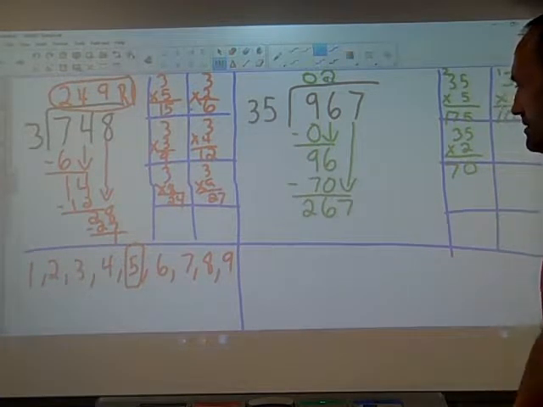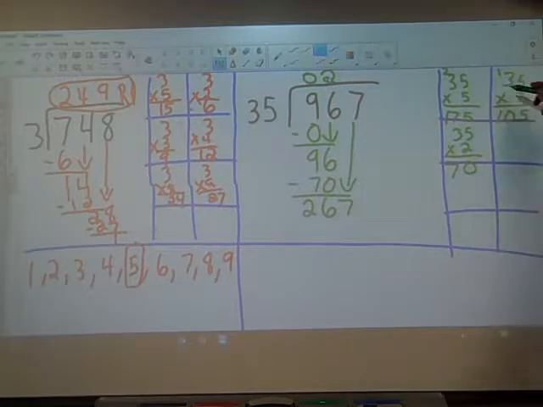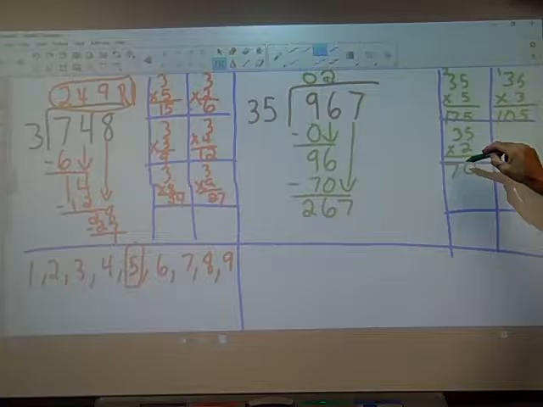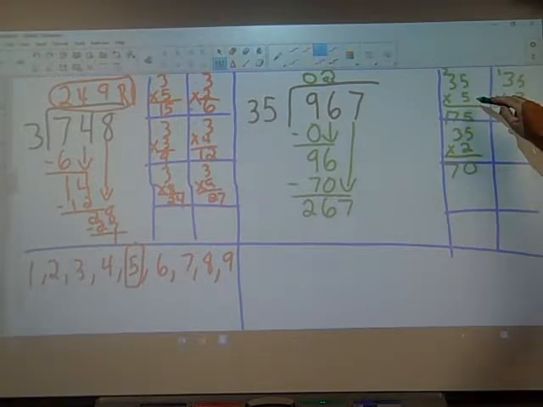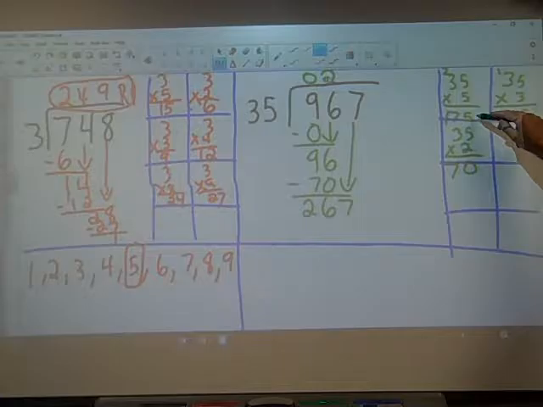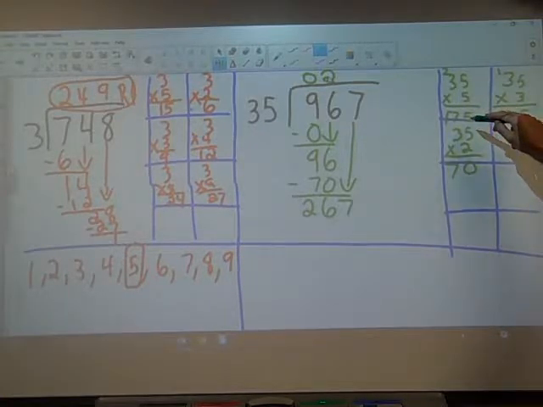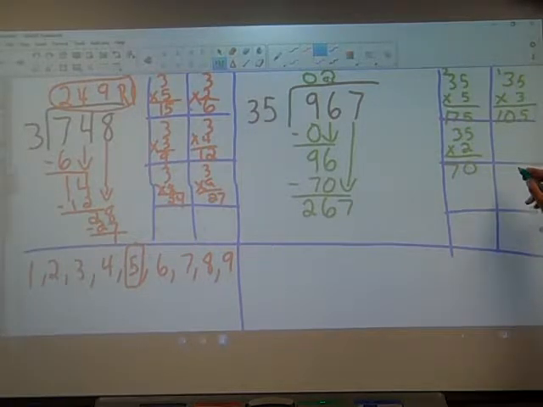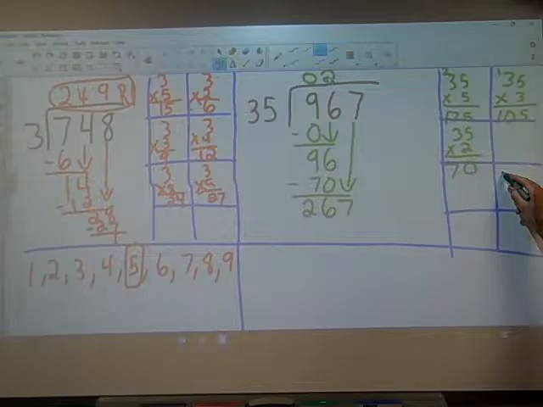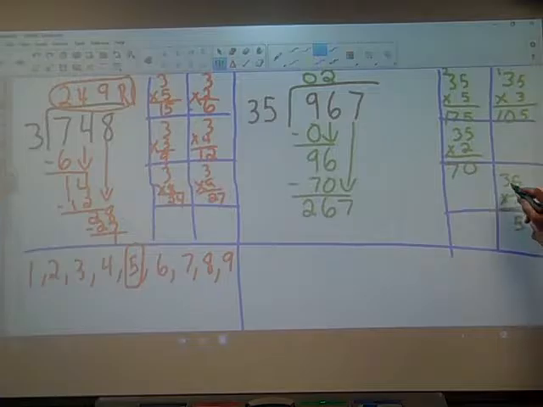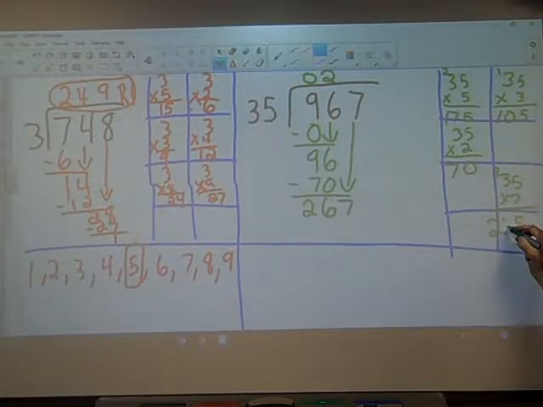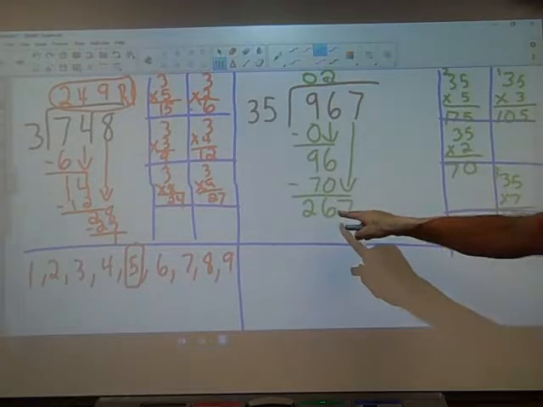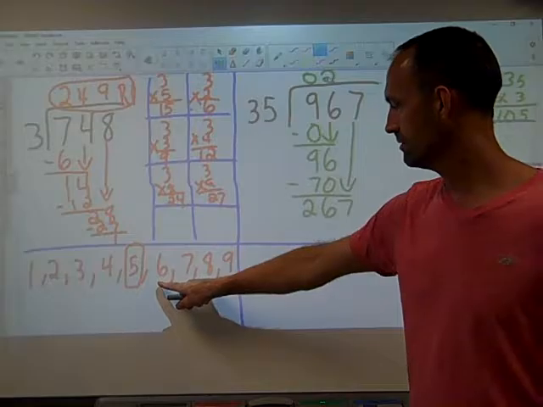35 into 267. I come back to the multiplication work on the side that I've already done, and I see 35 times 5 is 175. I need to go bigger than 5. So I've got 6, 7, 8, or 9. From here, students can try any of those numbers. I'm going to try 35 times 7, 35, 21. 35 times 7 is 245. Getting closer,